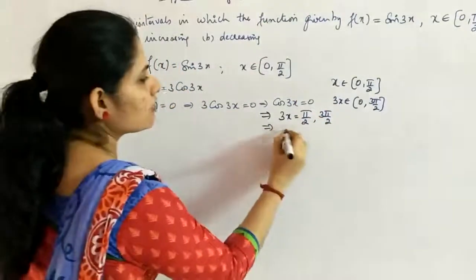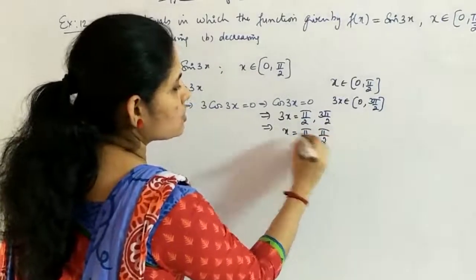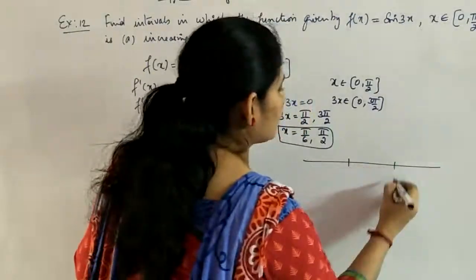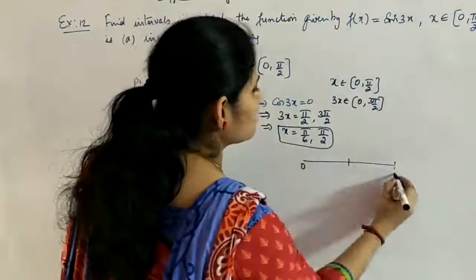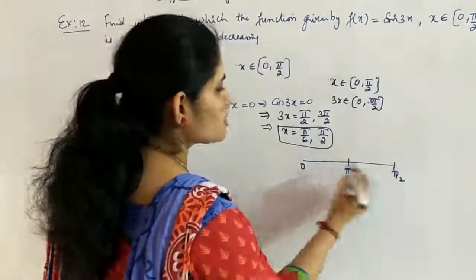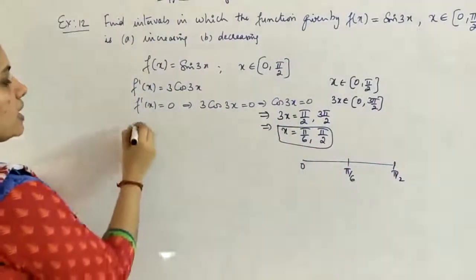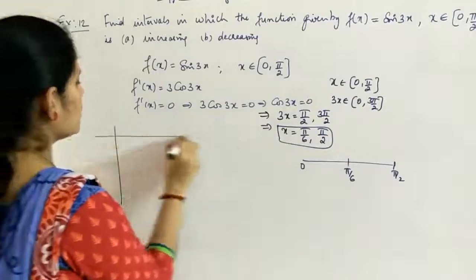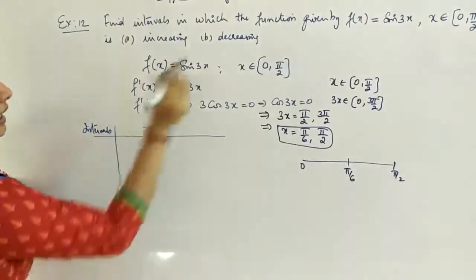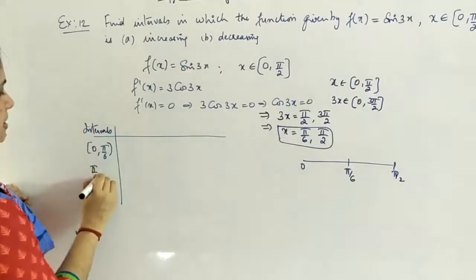Okay, so from here what you will get your x to be, x should be either pi by 6 or pi by 2. So these are acting as the critical values for your interval. That means you have to break the interval as, since it is still pi by 2, we will get only this pi by 6 in between 0 and pi by 2, but pi by 2 is also in the interval consideration because it is also the critical point. Now you have to just break it into intervals. It will be again closed interval in the question, so it is closed 0 to pi by 6 and pi by 6 to pi by 2.